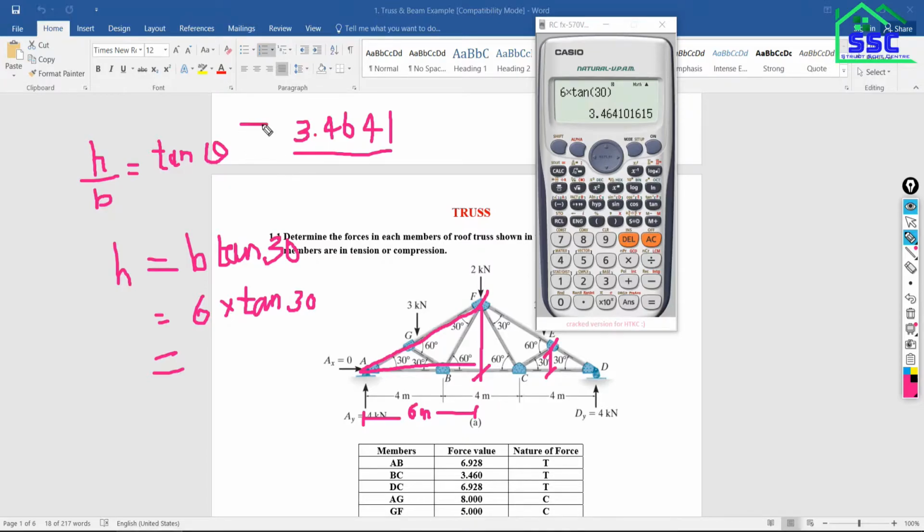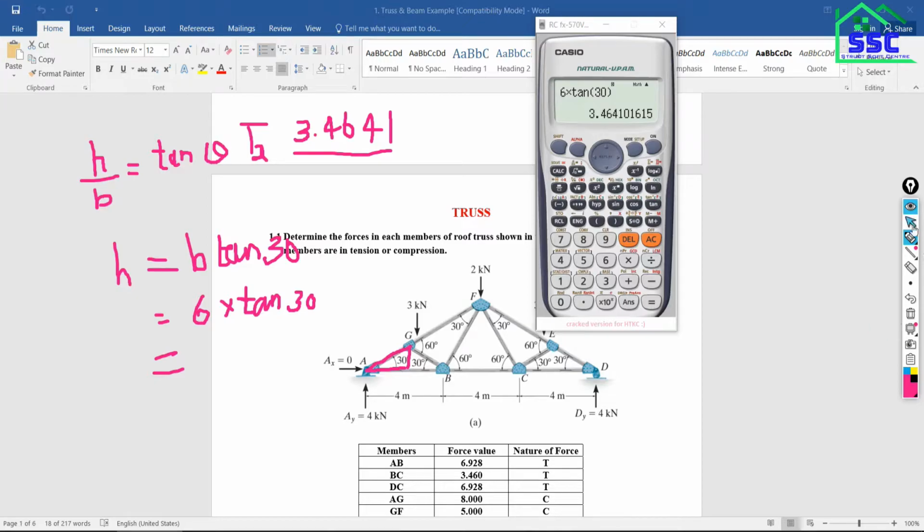This is the total height, the T2 level. Let it be T2 level. Now we have to find this height. Just try to understand. Can anyone tell me how you can calculate this height?